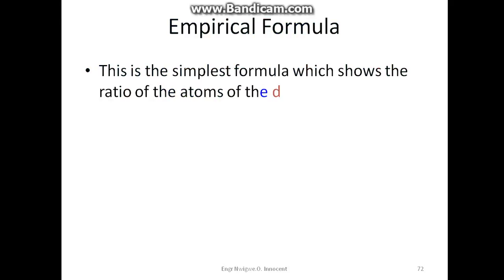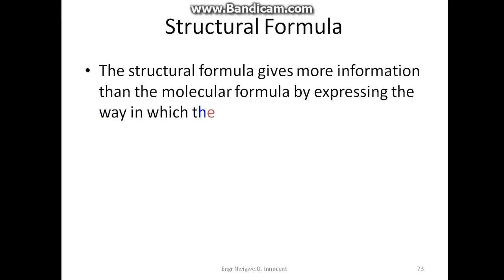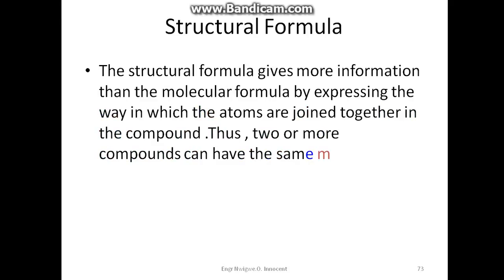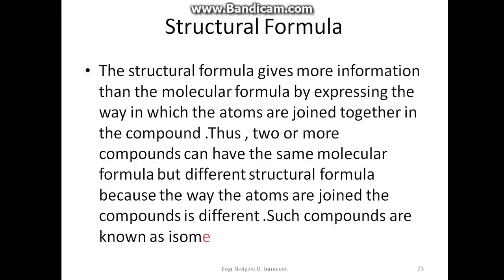Empirical formula. This is the simplest formula which shows the ratio of the atoms of the different elements in the compound. Structural formula. The structural formula gives more information than the molecular formula by expressing the way in which the atoms are joined together in the compound. Thus, two or more compounds can have the same molecular formula but different structural formula because the way the atoms are joined in the compound is different. Such compounds are known as isomers. Looking at this